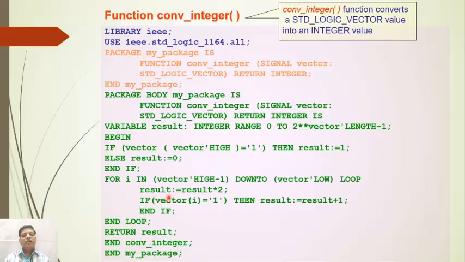Result := result * 2. If vector(I) is equal to 1, then result := result + 1; end if; end loop; return result; end convert_integer; end my_package;